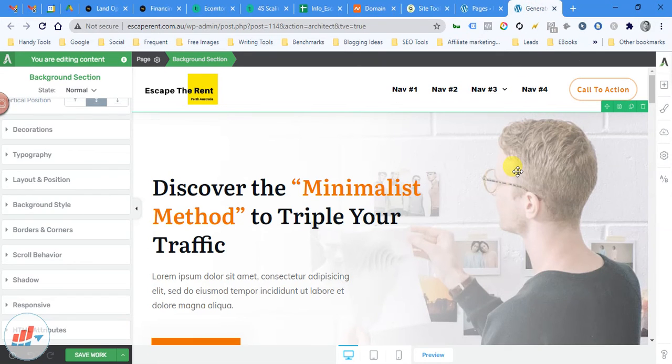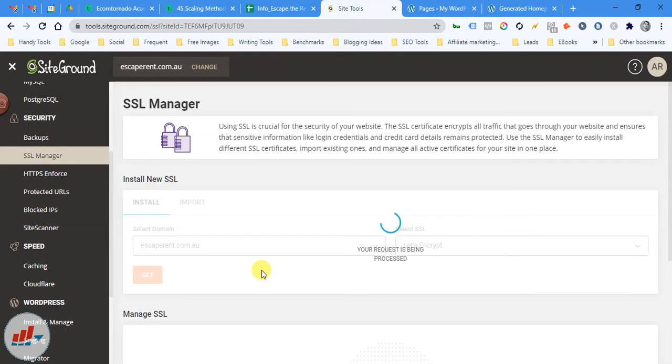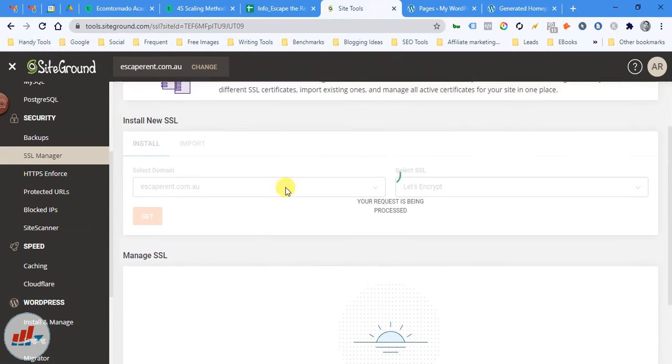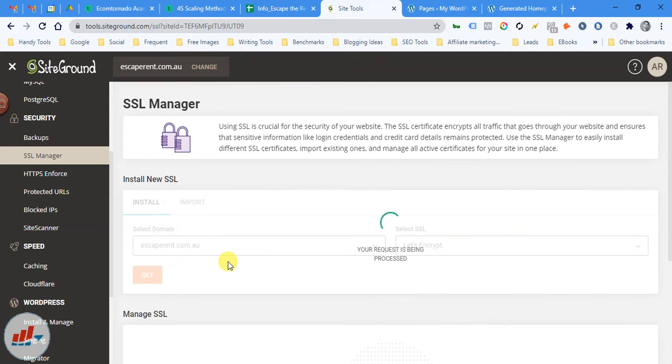So the last thing that I am trying is to get a free SSL certificate using SiteGround hosting. Earlier I tried, but it showed me some error, but after some time I'm trying it again. So I simply selected my domain here, and here I selected the SSL as Let's Encrypt.